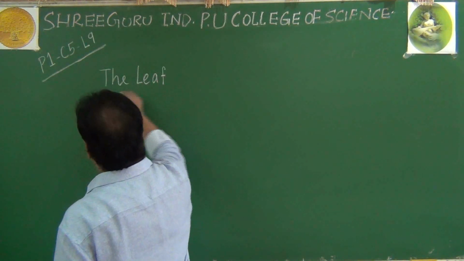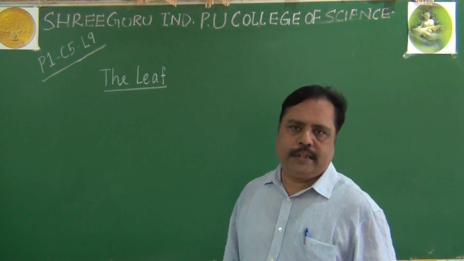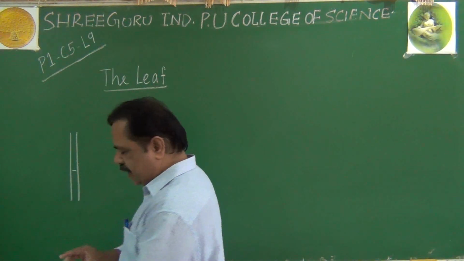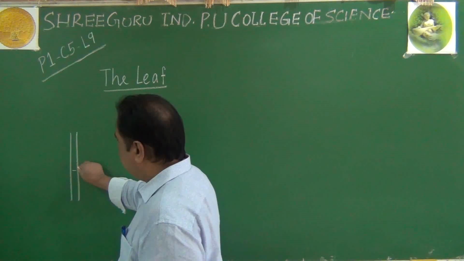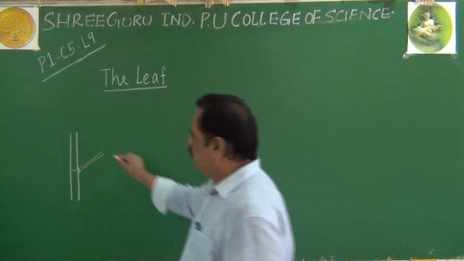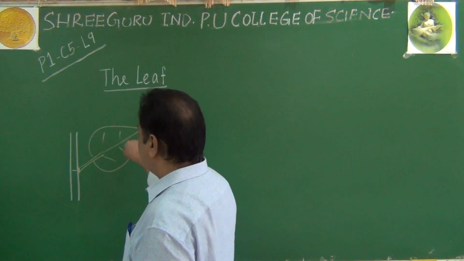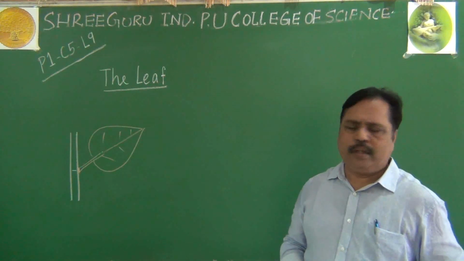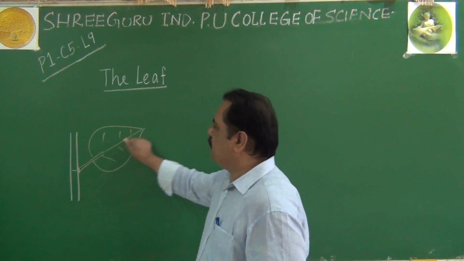You may recall a leaf has three basic parts. There is a base of the leaf originating from the axillary bud. This is called a leaf base. There will be a stalk-like structure called petiole. Petiole gives rise to a broad green colored portion called lamina. This is the structure of a simple leaf. In the lamina, there is an extension of the petiole as the midrib.